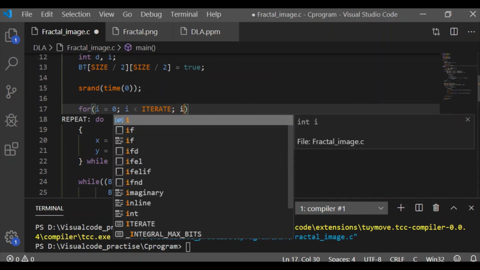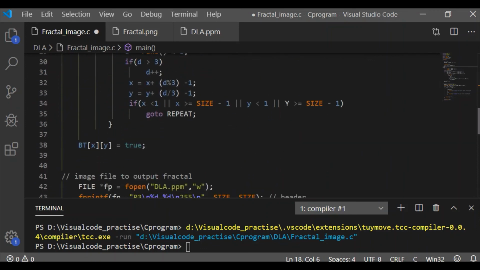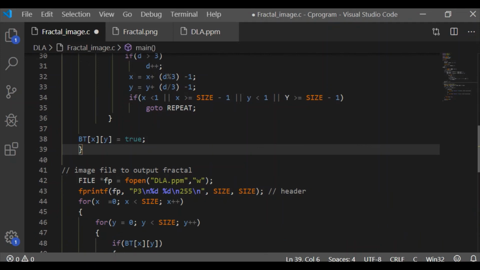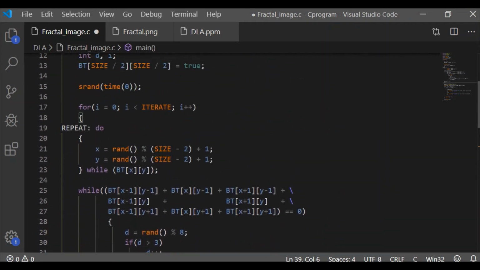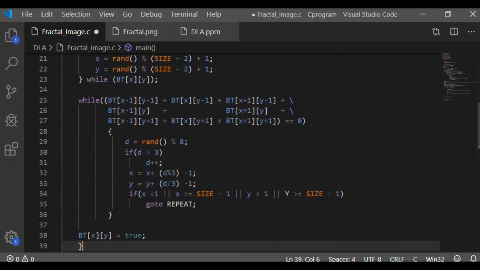We will do this random positioning of x and y and see if there is a seed or particle near it using a while loop. If there is no neighbor, randomly move closer to the seed or the previously positioned particle and set the corresponding element in the Brownian tree array.